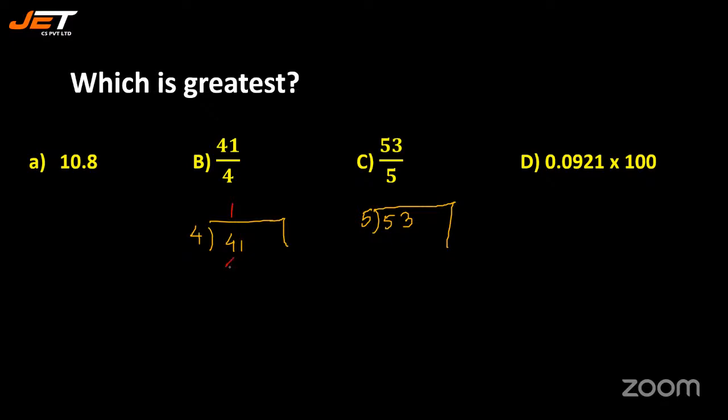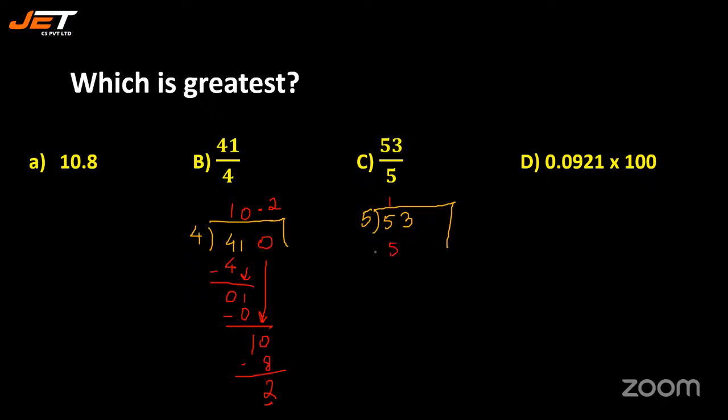So 4 times 1 is 4, 0. Bringing down 1. 4 times 0 is 0, 1. I'll put an extra 0, a decimal here. 10. 4 times 2 is 8. Okay, this is 10.2. Now,